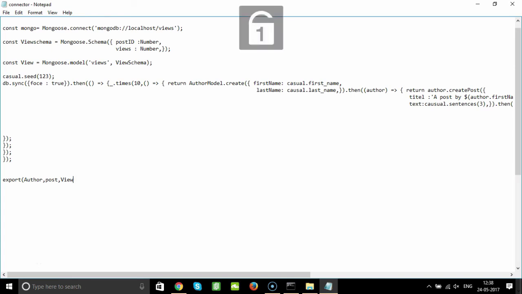Oh, we require curly brackets. And now we will save it with the name connector.js. Now we have saved the file with the name connector.js, but still we also need to make some minor changes